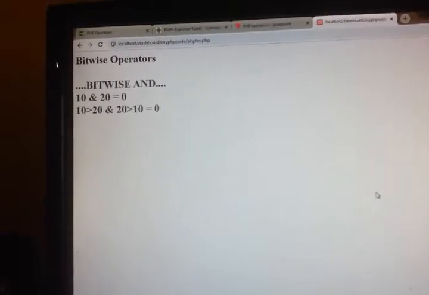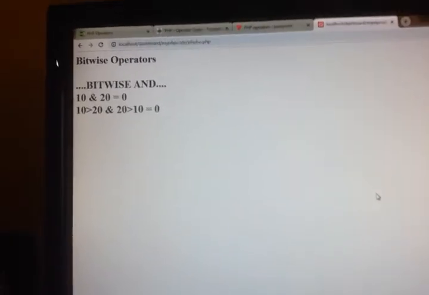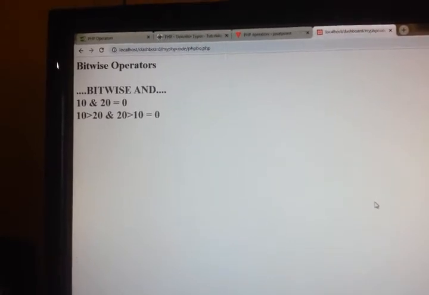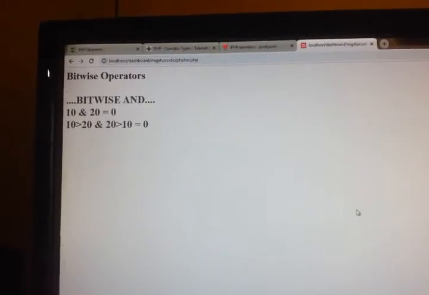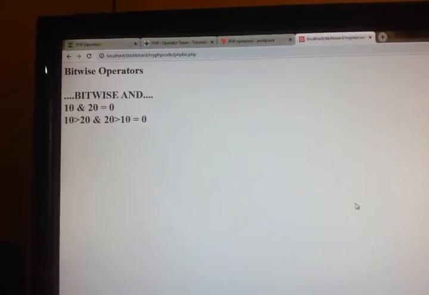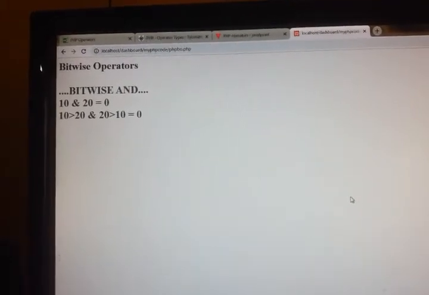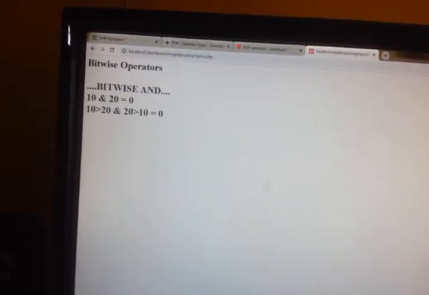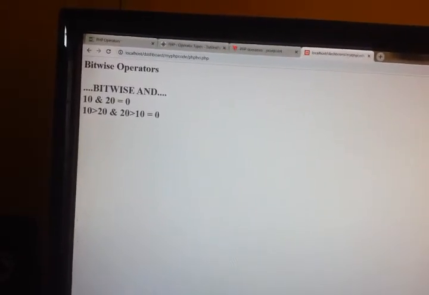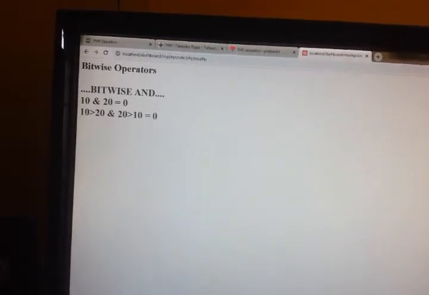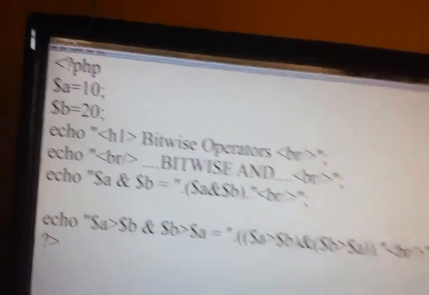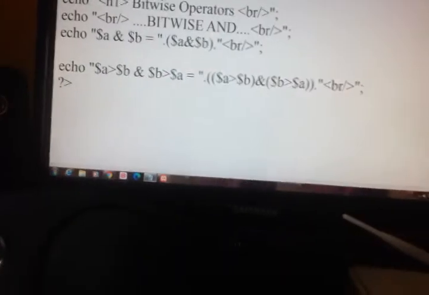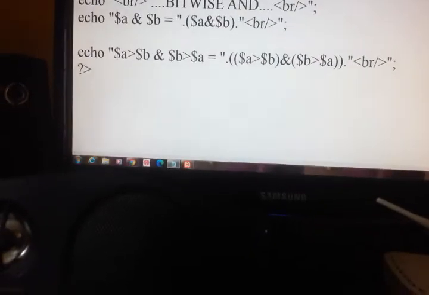False means 0, true means 1. 0 into 1 is 0, so you got 0 here. This is how actually we have to do the program for bitwise AND. So we will move on to the remaining operators.